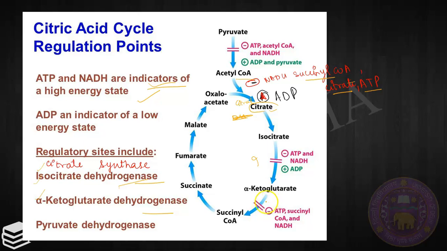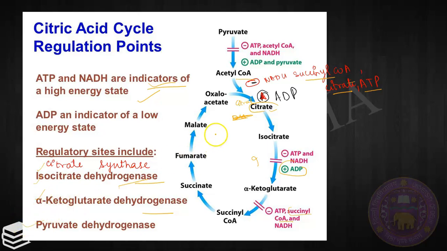Alpha ketoglutarate dehydrogenase is inhibited by its product, that is succinyl CoA. These enzymes respond to the energy status of the cell. ATP is an indicator of a low energy state, so it activates, see, isocitrate dehydrogenase as well as citrate synthase. To generate more ATP there is an additional point of regulation, that is regulation of the pyruvate dehydrogenase